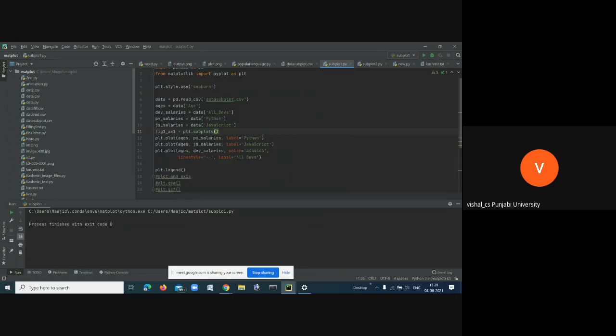Simple. Remember, I have two things in this: when we are plotting, one is axis, and the second is figure. And second, you write fig 2, suppose. You don't need to write it, you simply write like this.